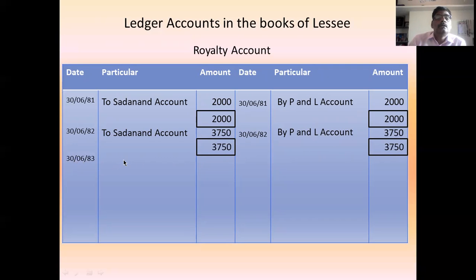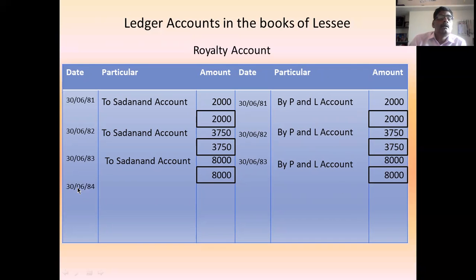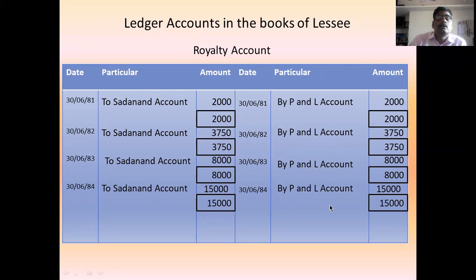Third year, to Sadanand account 8,000 royalty, by P&L account 8,000, total 8,000. Next, fourth year, to Sadanand account royalty 15,000, by P&L account 15,000, total 15,000. Fourth year completed. Fifth year date, to Sadanand account 22,500 royalty, date by P&L account